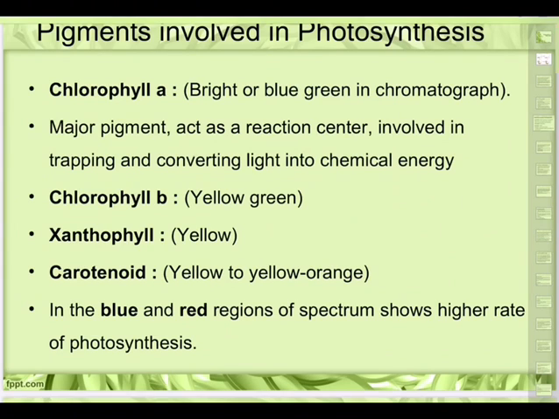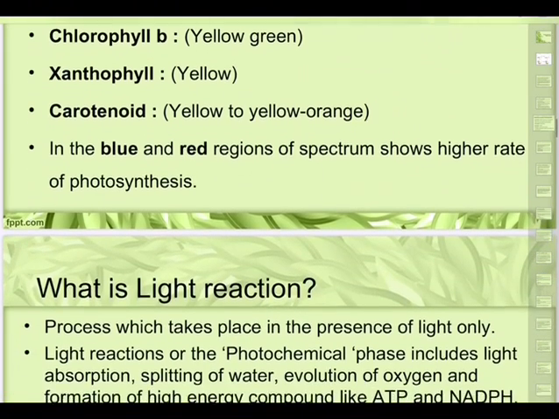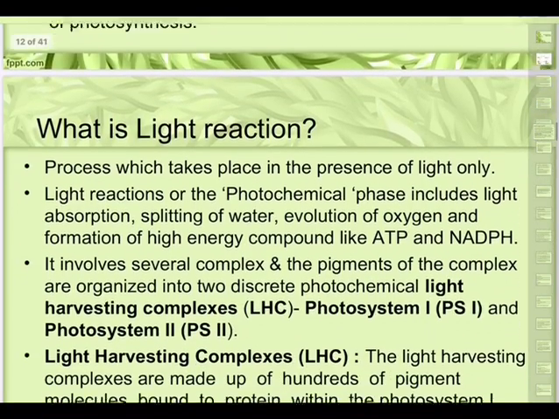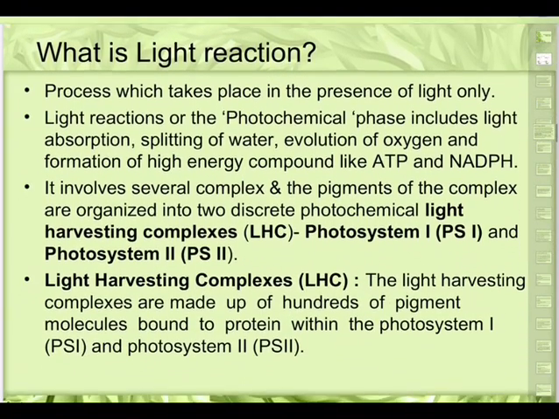And of course, one more is the phycobilins. These are protein-linked, heat-labile, water-soluble pigments occurring in blue-green algae and red algae. There are 2 types, phycocyanin and phycoerythrin. So these are the various pigments that are essential in photosynthesis and take part in it.